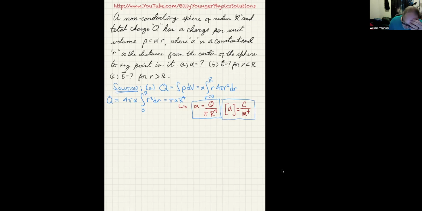Part B, this is where I'm going to use Gauss's law, and I'm going to start by drawing a coordinate system again. And what we're doing is we're calling this the x-axis, this the y-axis, and this the z-axis. I'm going to, in fact, assume my sphere